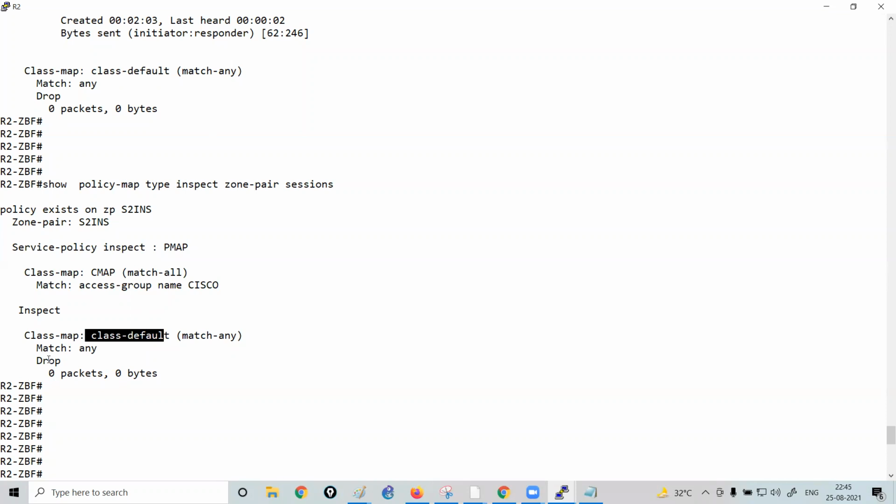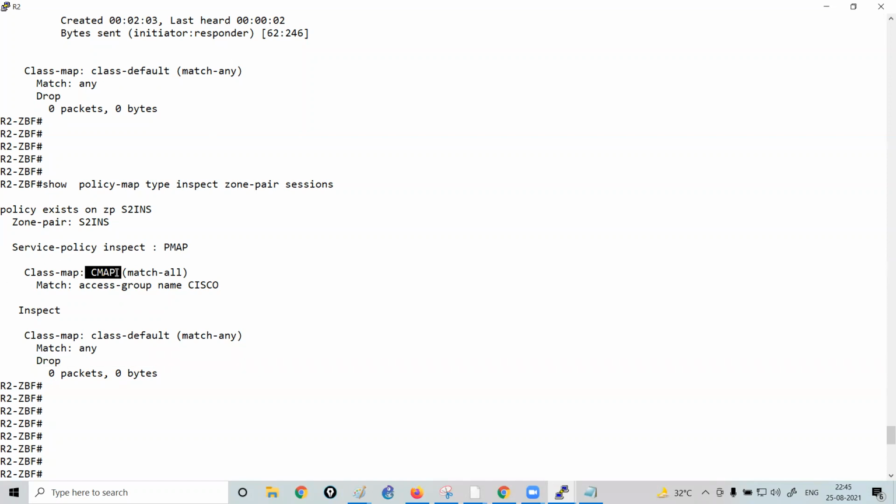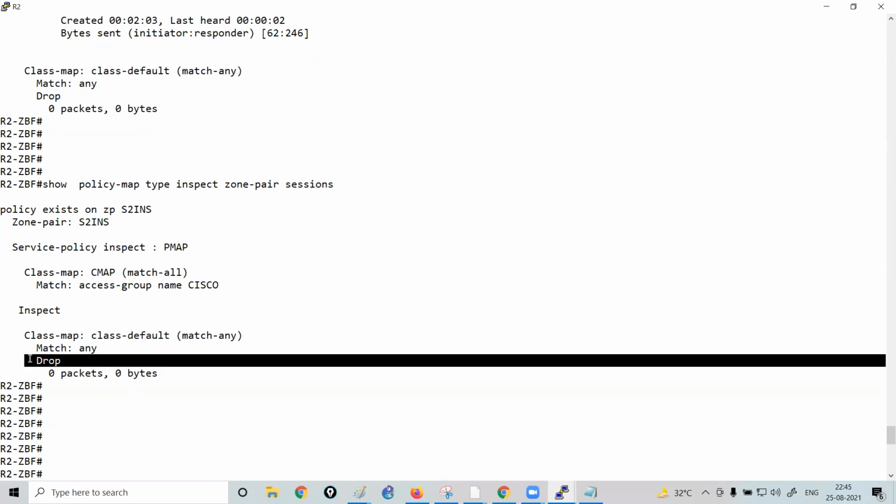And what is the action? The default action is drop. That means any traffic which is not matched with the CMap will match with the class-default class map, and the traffic will be dropped.